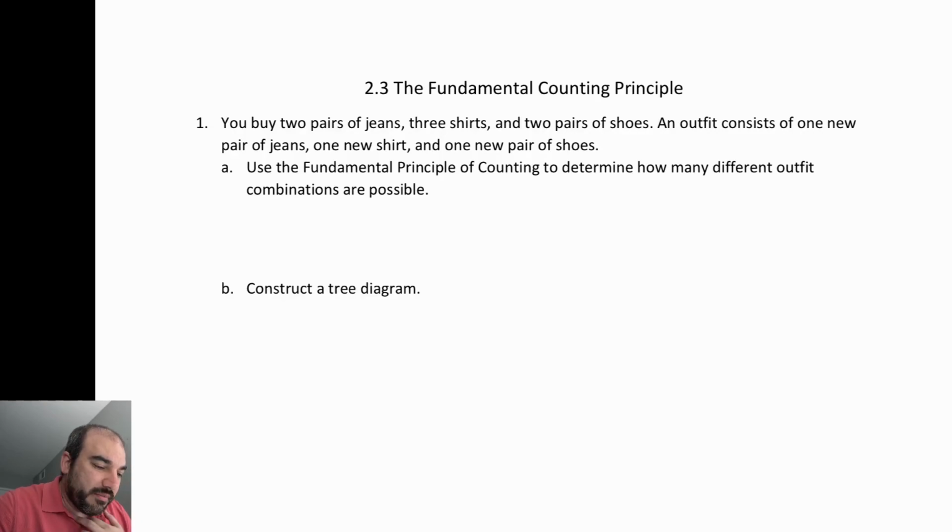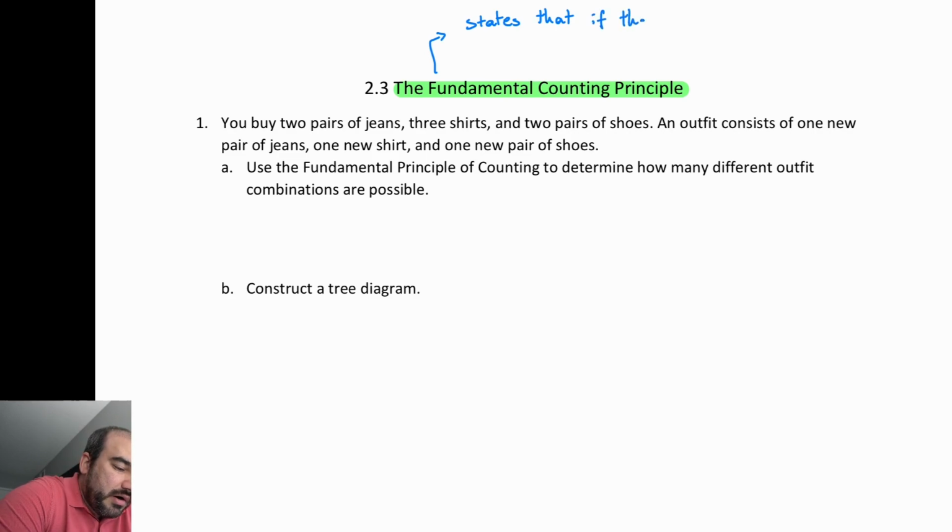on what the fundamental counting principle is. The fundamental counting principle states that, and I'm going to write this in layman's terms, not a textbook definition, but essentially, the fundamental counting principle says that if there are